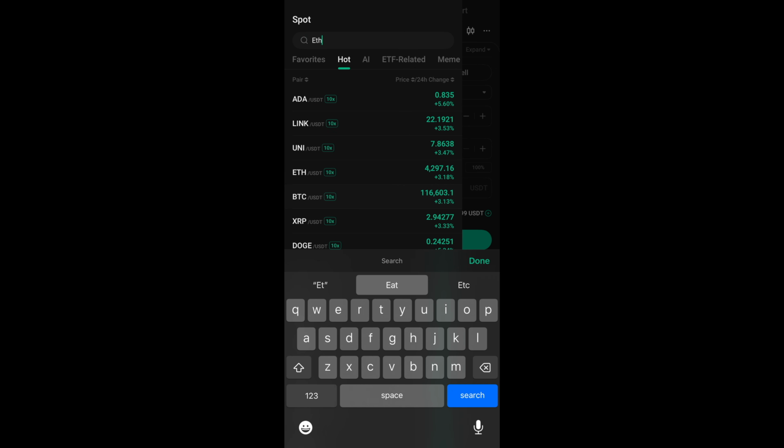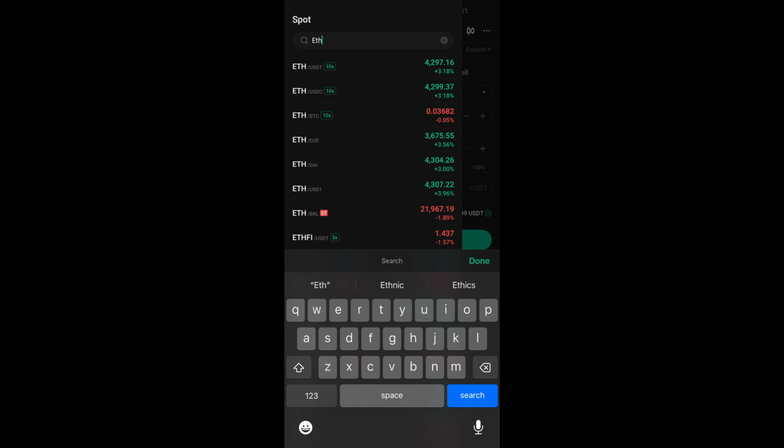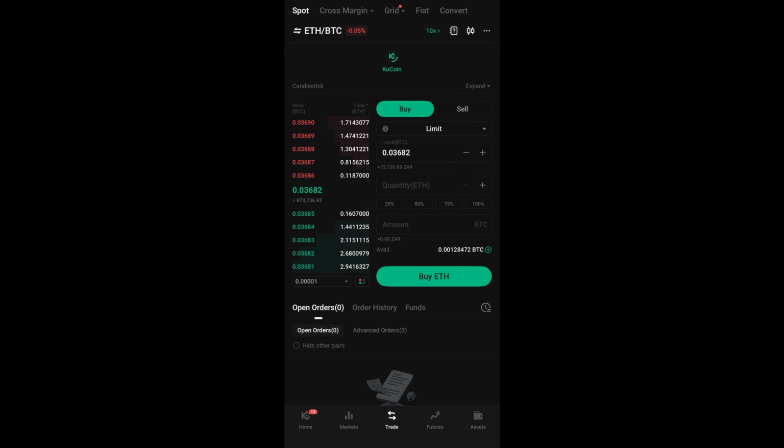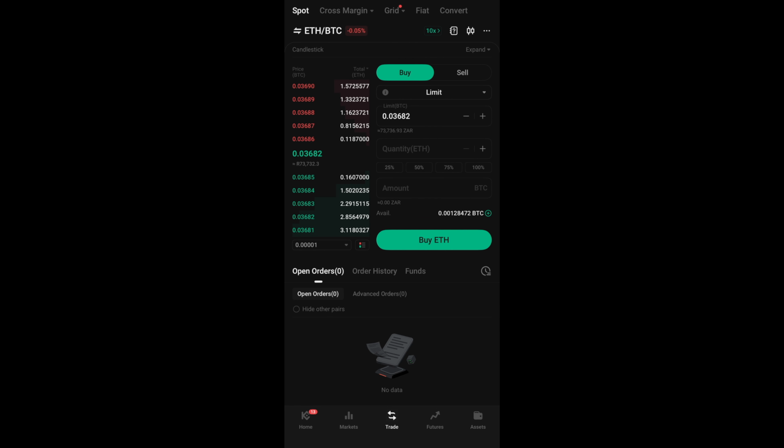Now we're going to have to exchange this BTC for Ethereum. Let's type ETH to BTC right here, which is down minus 0.05%. So now we're going to buy some Ethereum using the BTC that we have, which is 0.00128472. We're spending 100%. Let's use a market order so that it goes through immediately. Actually, triangular crypto arbitrage is the easiest way